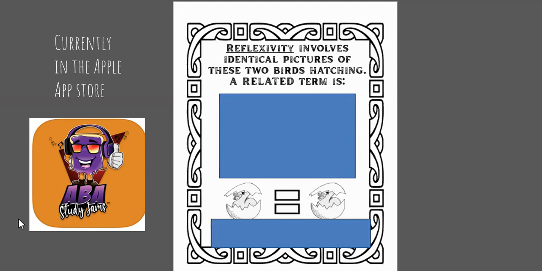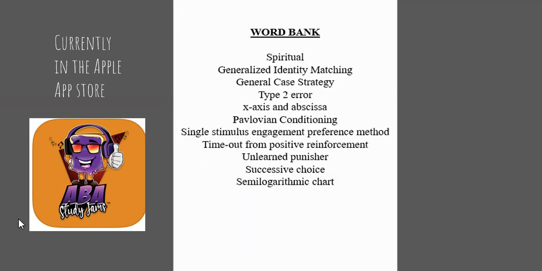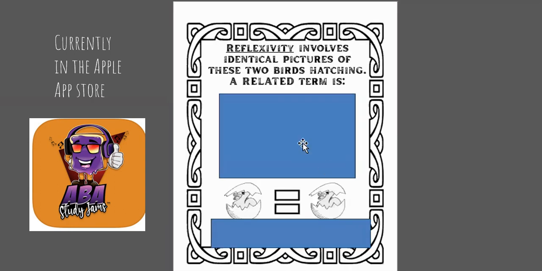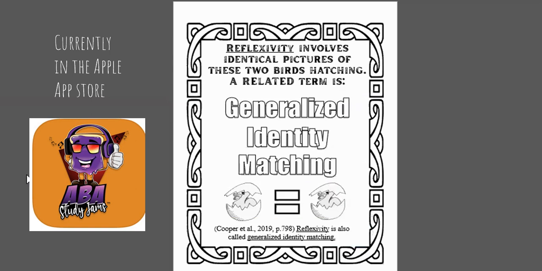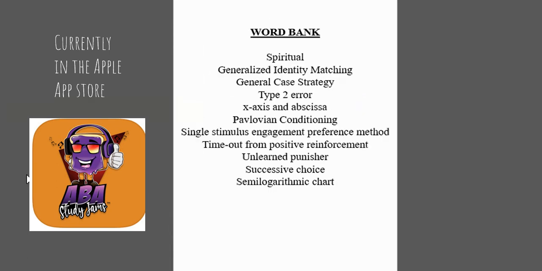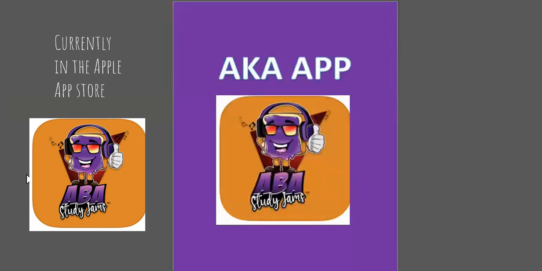Reflexivity involves identical pictures of these two birds hatching. A related term is generalized identity matching. Reflexivity is also called generalized identity matching. Awesome. Okay, and this is from the AKA app that is currently on Apple, and it will be on Google